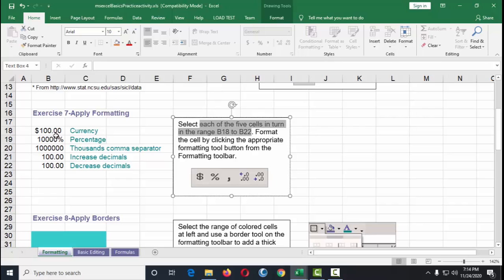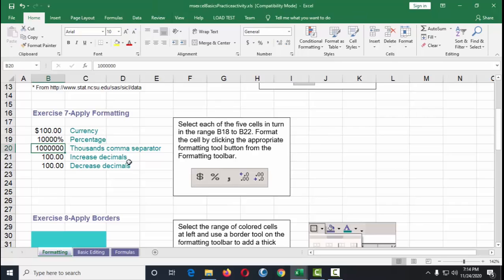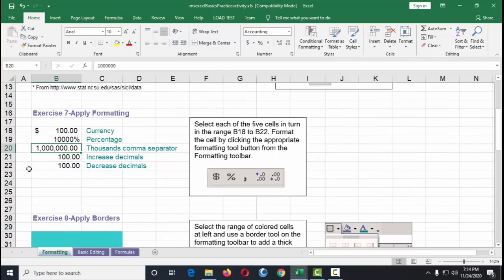So in turn: this one for this one, for this one, for this. Okay. So 1000, I click the comma symbol, and then automatically it will put a comma after 3 digits